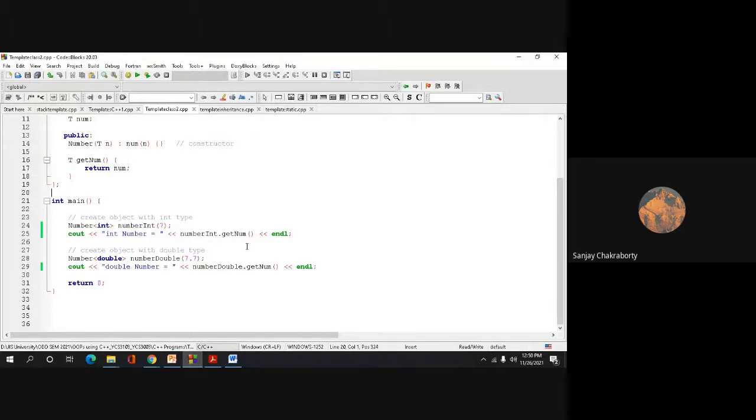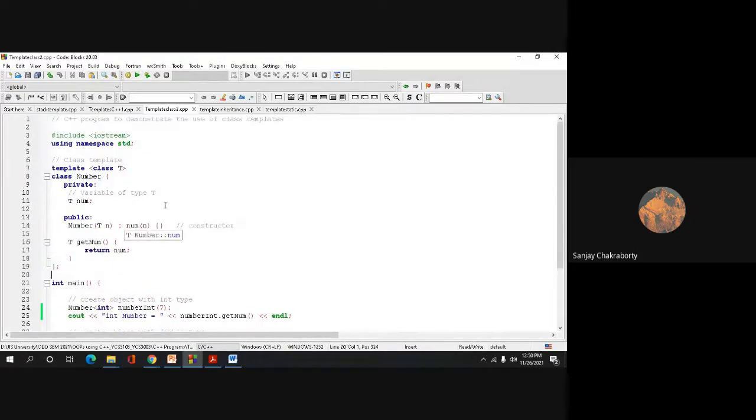I have uploaded all these codes into your Google Classroom. You can go there and check, and you can reply to me if you have any doubt. But you have to practice it. Understood? Because the syntax is a little different, you didn't use this kind of syntax in the C programming language, because there is no concept of template, class template, or even function template in C. So in C++, you are using this concept for the first time, and this will be the last time, because in Java also there is no concept of class template.